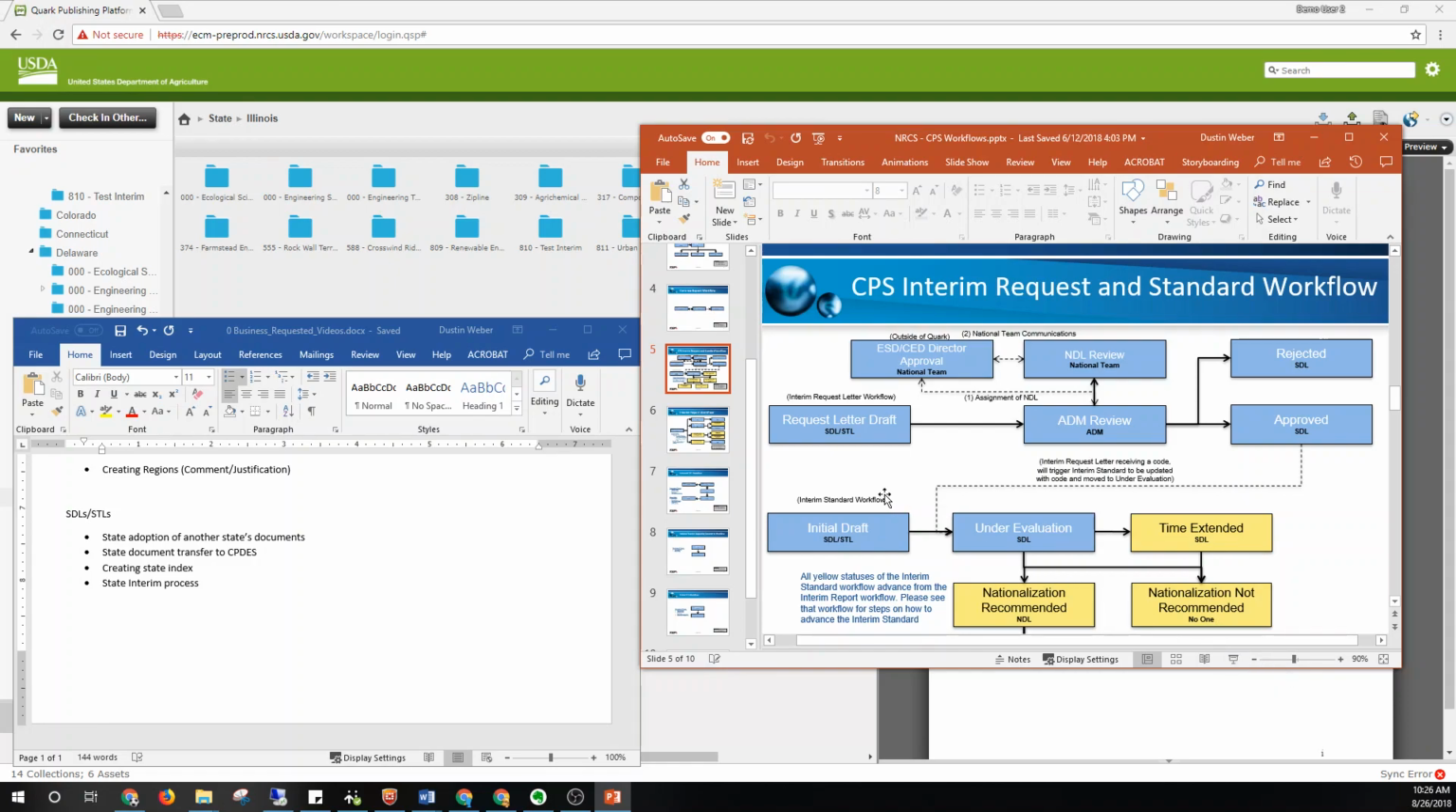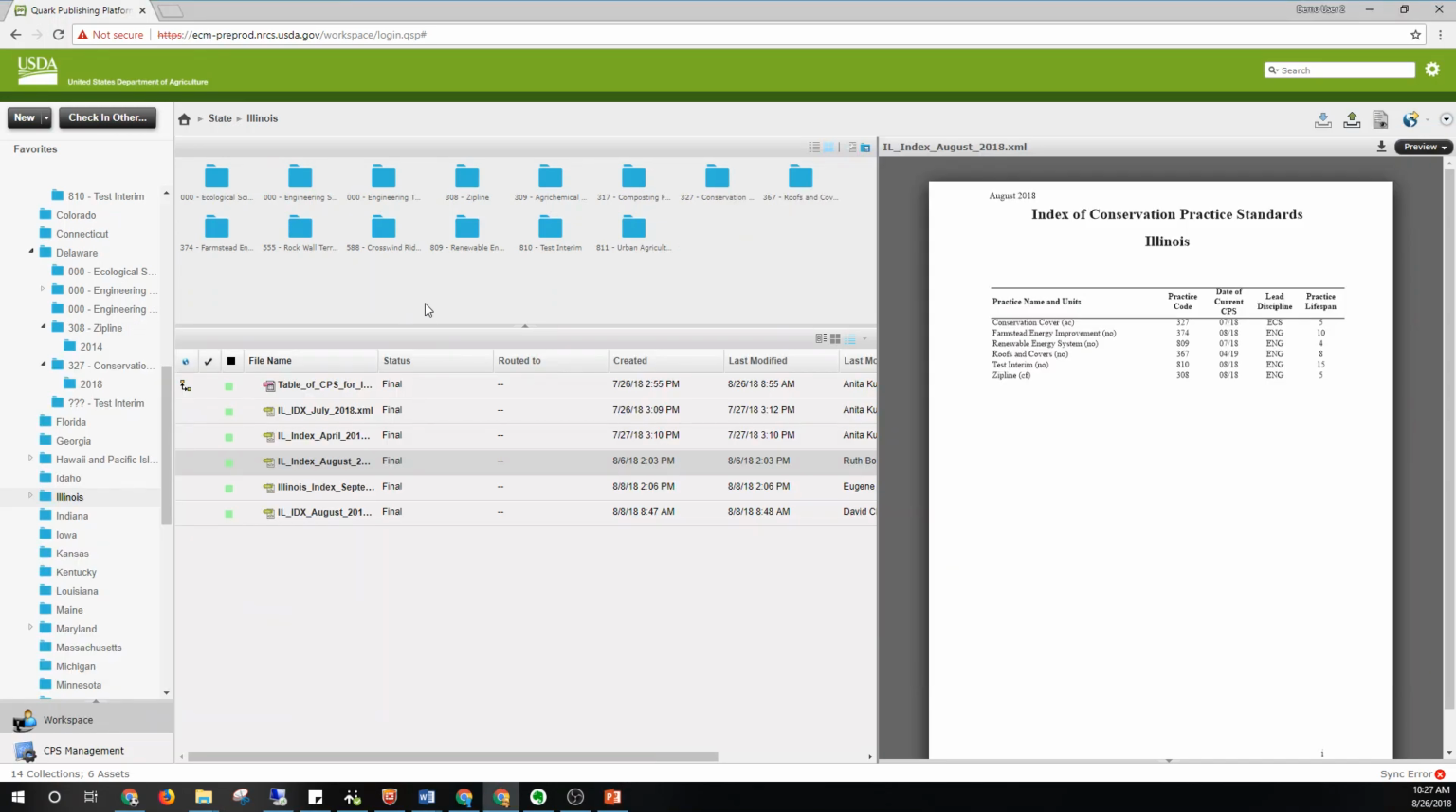So first we need to create the initial draft of the state interim. And before you can start under evaluation, you have to get that approved by the ADM and the national team, the national discipline leads. So let's go through this process together, and we'll keep referring back to this workflow as we go. So as the SDL in Quark, we'll go to the CPS management window here,